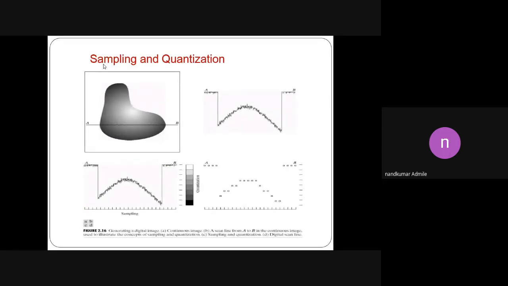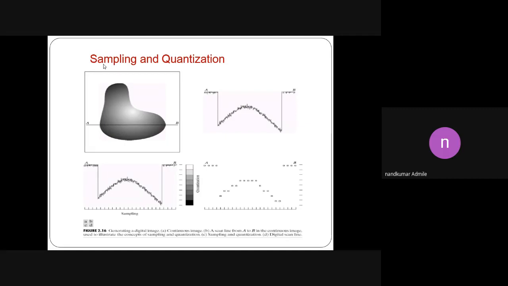Now, come to the right side, the second image. By using a graph, we first draw a plane which starts from point A to point B. Now look, if we cut the plane from point A to point B and split the image into two, you can consider either the upper part of the image or the lower part of the image. So you can consider any one part. Here we can consider the upper part of the image.